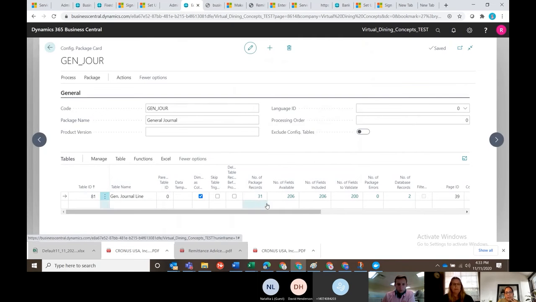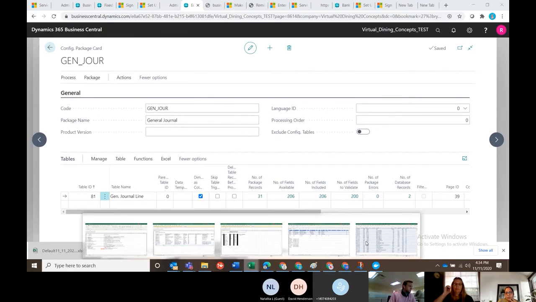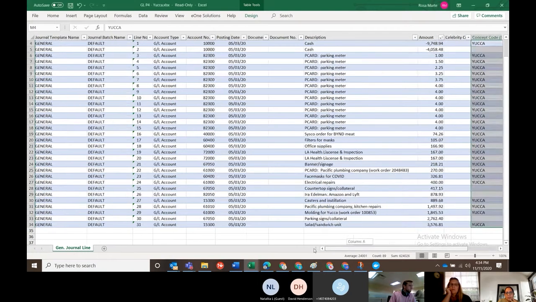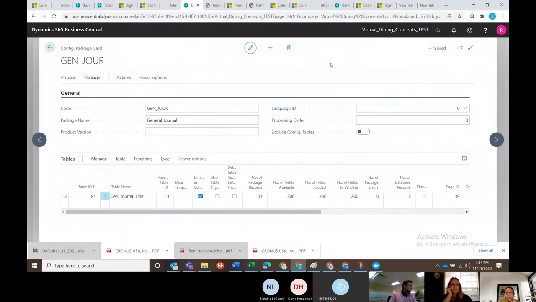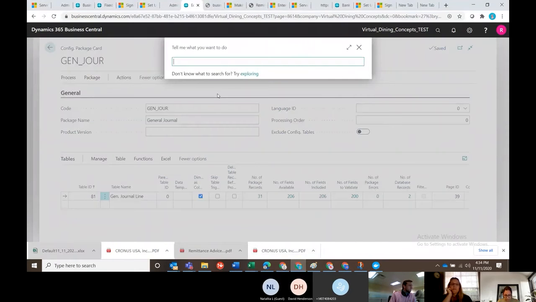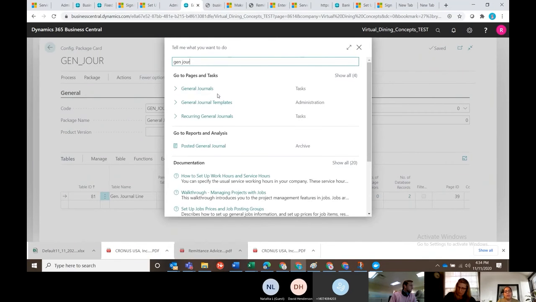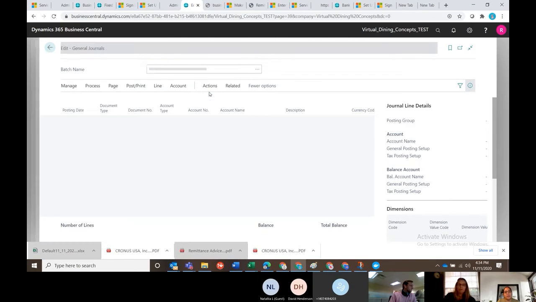Once it is imported, I now have information in my package records. Okay. So because we have used the default general ledger, let me go to the default general journal to see how it looks, to make sure that we are not overwriting anything. So in the general journals,